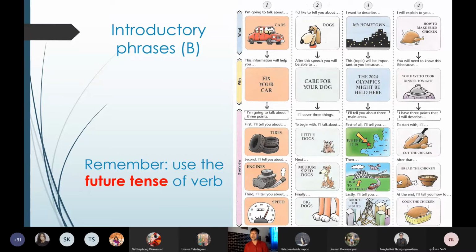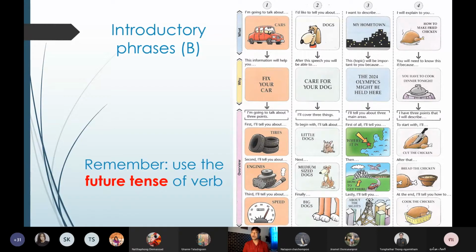Okay, let me do one more, number 2, so that you could also use other expressions or phrases. Let me do it from the start, greeting and introduction. Hello, good afternoon, everybody. Ladies and gentlemen, my name is Ruben H. Esteban. I am studying at RMUTL Pitsanulok. My major is animal science. I am a third-year student.